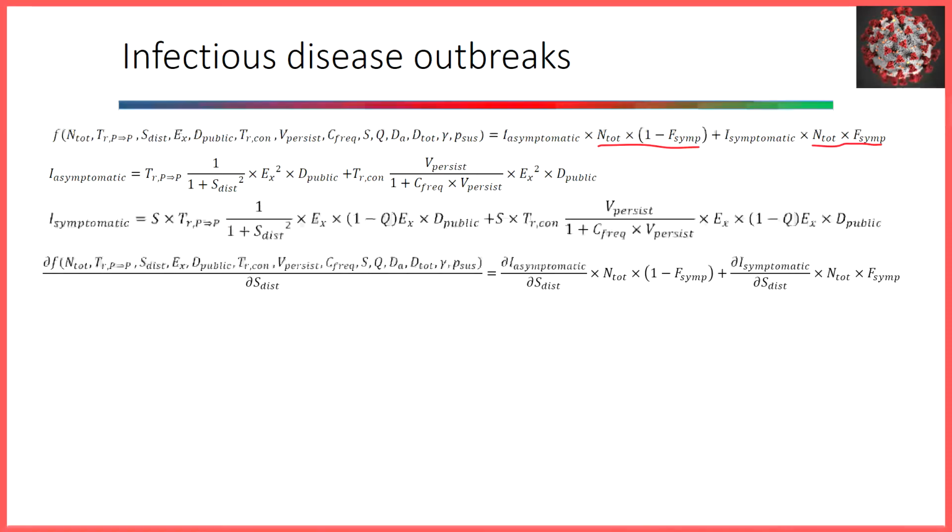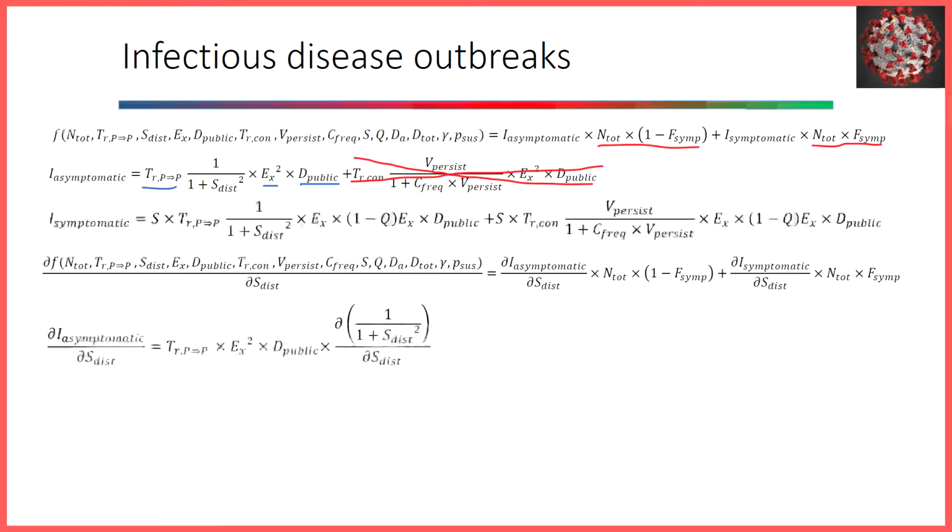So now we need to calculate the partial derivative of I asymptomatic with respect to s_dist. Note that s_dist is not in the second half of the I asymptomatic equation, so that makes it a constant with respect to s_dist, so it will go away when we take its derivative. TR p to p, ex squared, and d public are all constants with respect to s_dist, so we can pull them out in front, which means that we need to find TR p to p times ex squared times d public times the derivative of 1 plus s dist squared with respect to s dist. All right, as we try to compute that derivative,